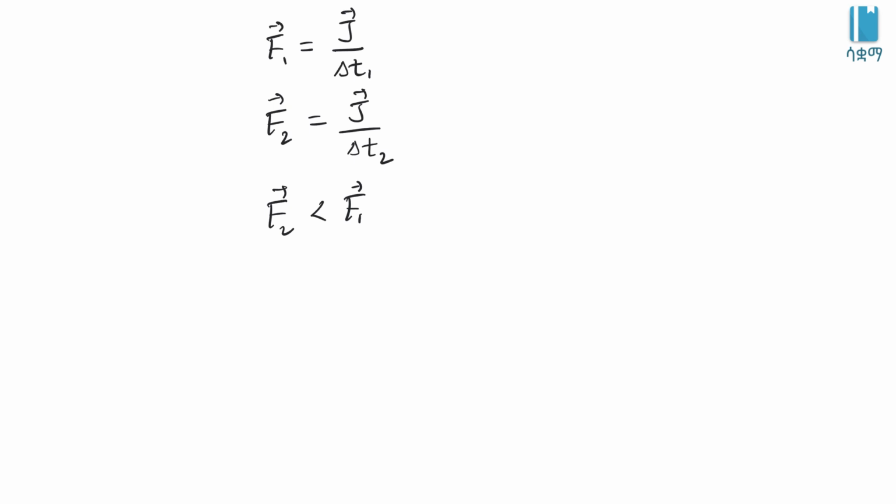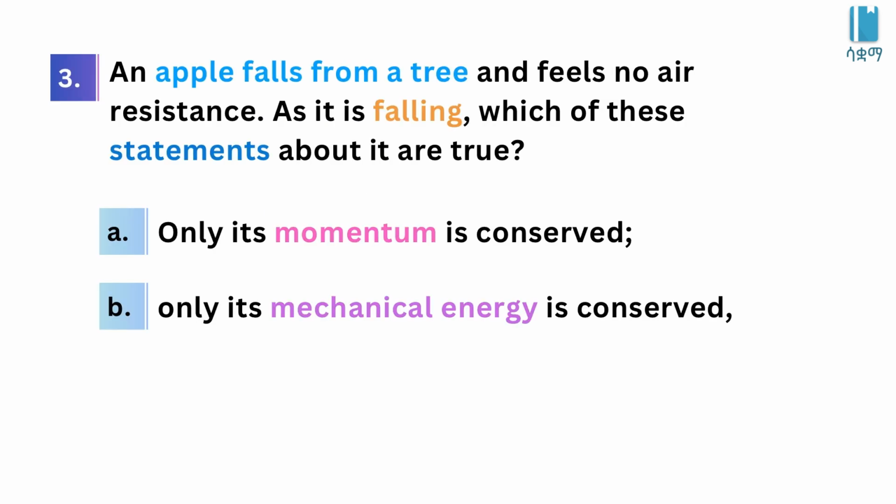So this tells you why, ለምሳሌ ሶፍት የሆነ ማቴሪያል እንደ ውድን የሆነ ማቴሪያል ላይ እንደ ግላስ አይነት ማቴሪያል በሚወድቅበት ጊዜ የማይሰበረው ምንድነው? Because of here lost የሆነ amount of force experience ስለሚያደርግ ነው. ጥያቄ ቁጥር 3 ላይ ስንሄድ ደግሞ, an apple falls from a tree and feels no air resistance as it is falling.